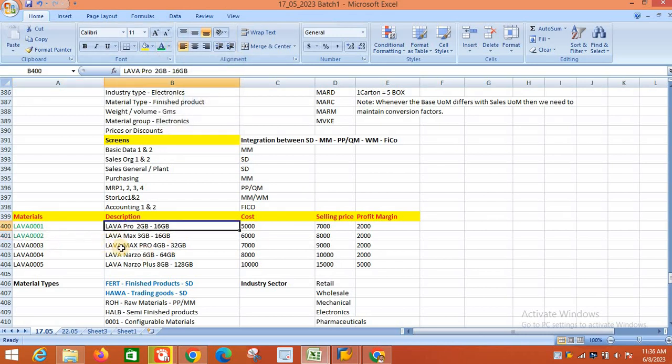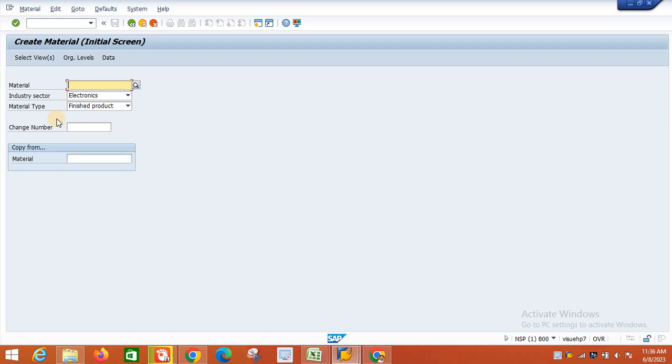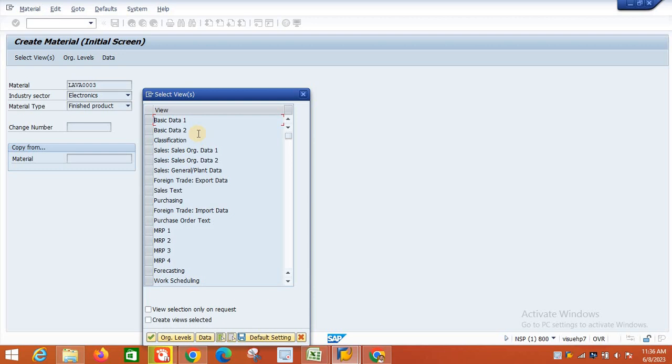So I'm going to create a third material. What will be the material number? It's ABA equals to 3. I will put that. As it is a mobile, my industry sector is electronics, and material type is a finished product. So I will select the